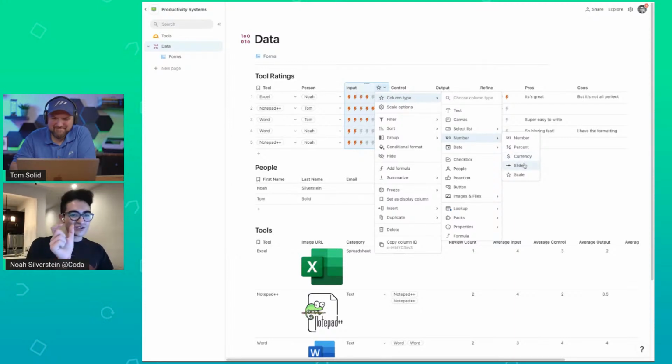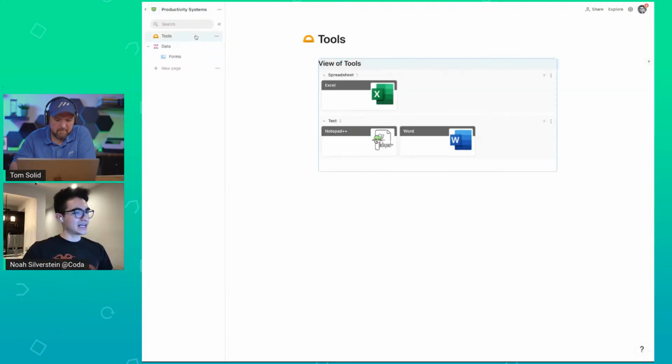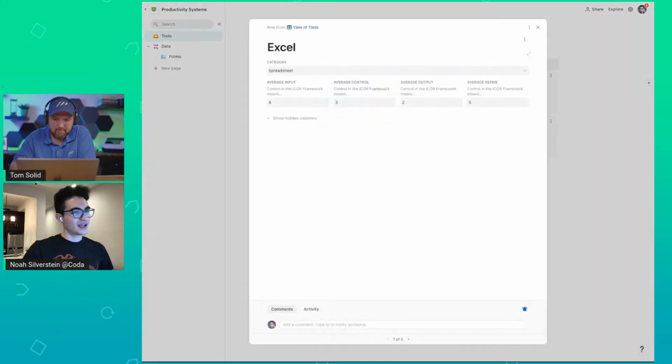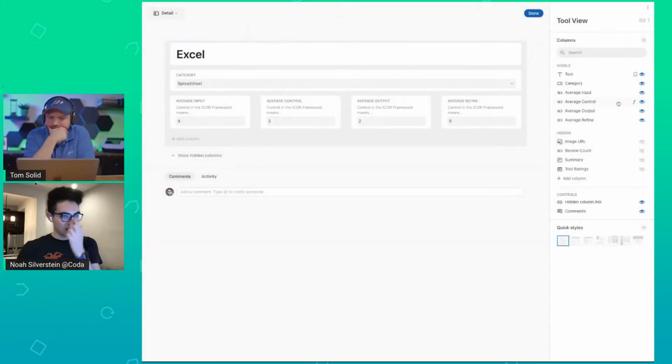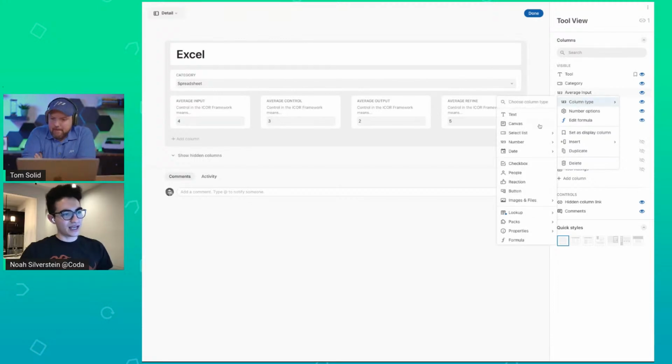You might want a slider that goes between 0 and 10, or this scale between 1 and 5, but really it's just a number. It's just kind of a visual skin and an easy way to interact with that number. So what we could actually do, if we come back here and we're editing this layout, is modify and play with all the columns just like I could in the table itself. In this case, I could right click on this average input here, and I could actually change the column type. Right now it's just a number, but I can change that column type to be a